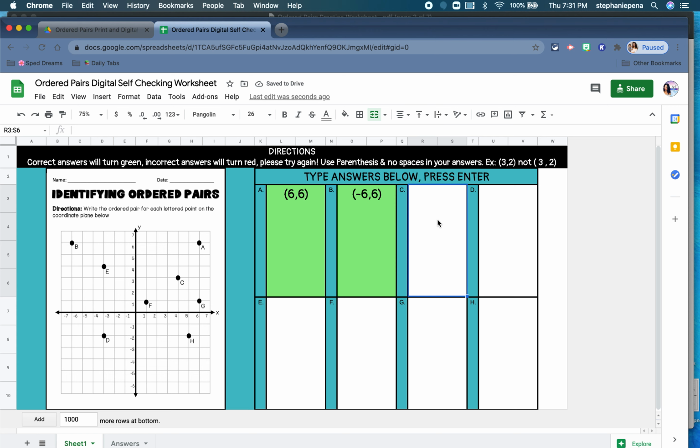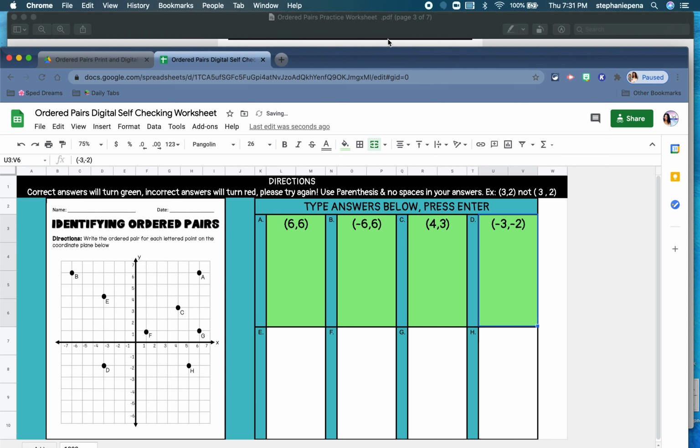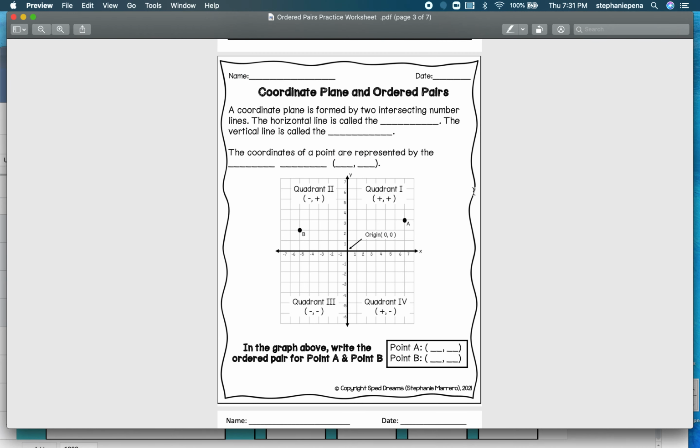So I'm just going to go through a couple more of them to show you guys. Right, so D would be, let's see, where's D? (-3,-2). Okay,